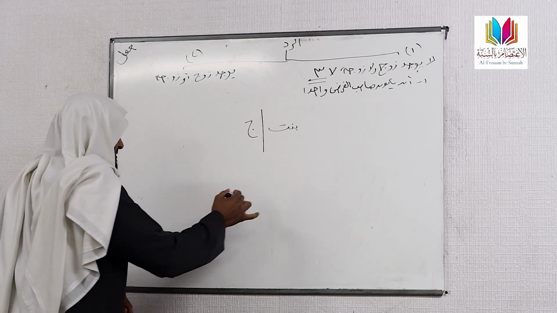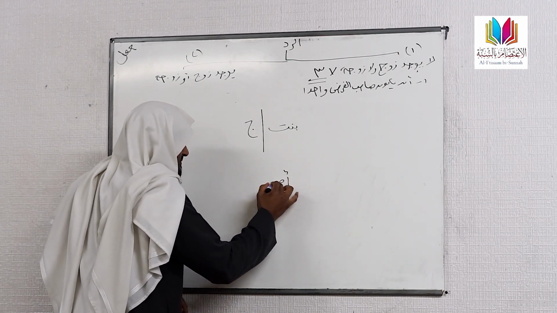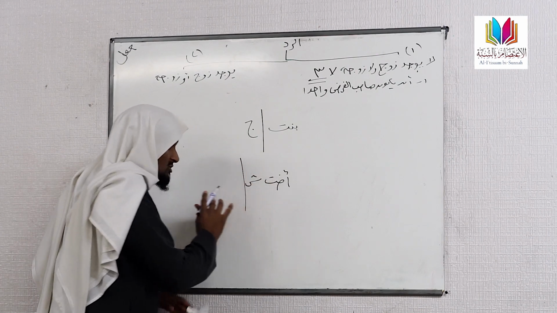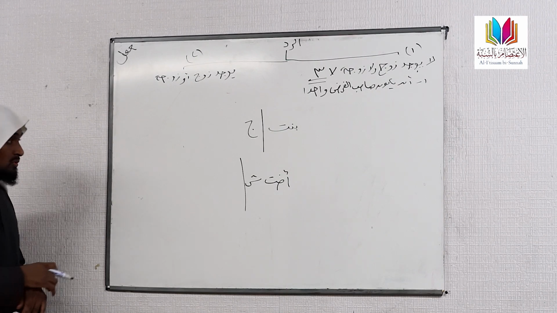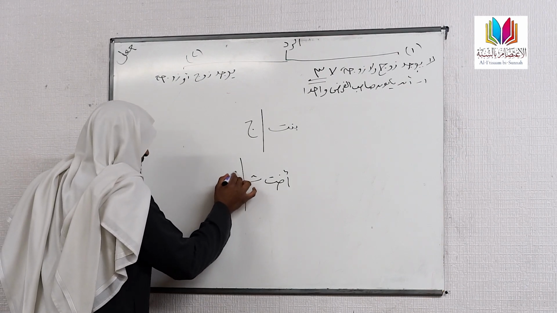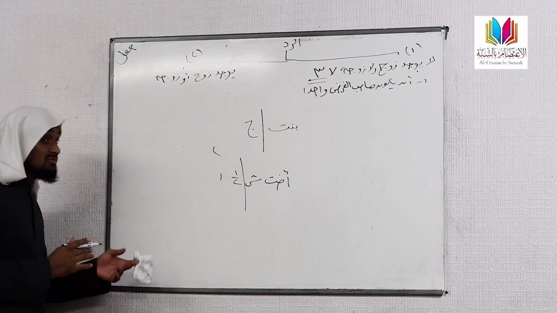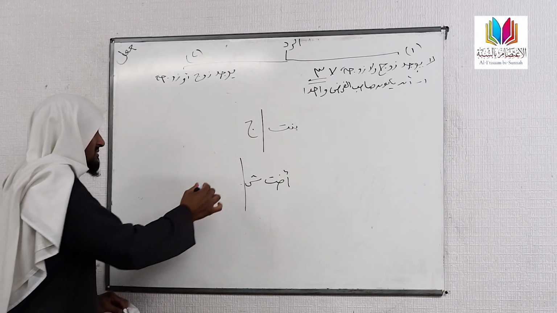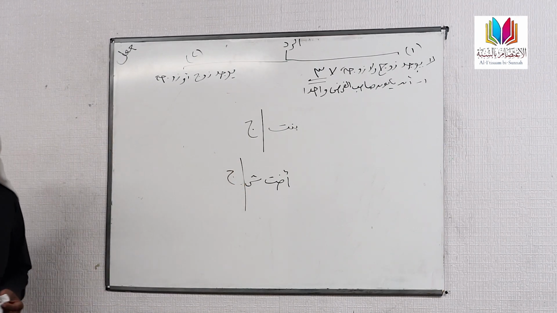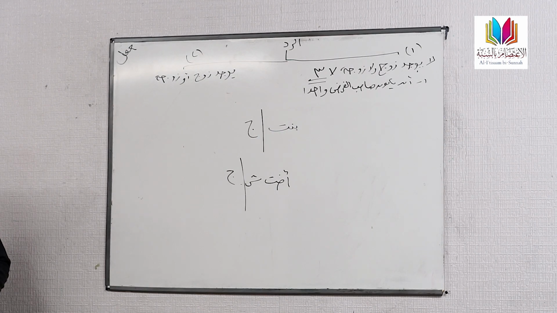Another example: a person leaves behind an ukht shaqiqa, and there's no one else in his family. What was she entitled to? Half, 2, and then 1. Instead of doing all of that, we say she's ahlul rad, so she gets everything, jami' al-mal. Who can give me another example? Right, Ibn.